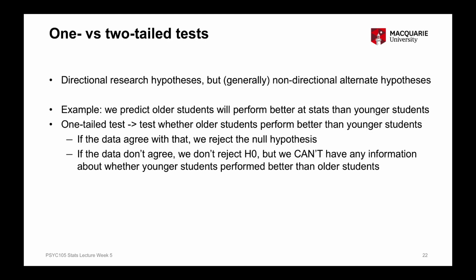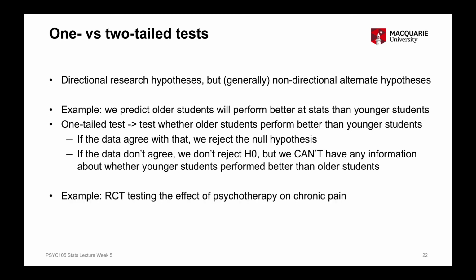And in psychology, we tend to want to know if there is evidence for an effect in the opposite direction to what we predicted. So to give you a different example, let's say we were conducting a randomized controlled trial to see the effect of psychotherapy on chronic pain. And we predicted that psychotherapy would be beneficial to people compared to a control group, a placebo therapy, for people's chronic pain. If the data suggested that the opposite was true, that actually psychotherapy was more harmful than beneficial, and therefore people in the psychotherapy group had an increase in chronic pain as a result of going through the psychotherapy,